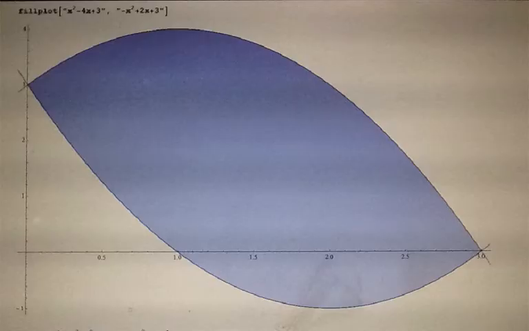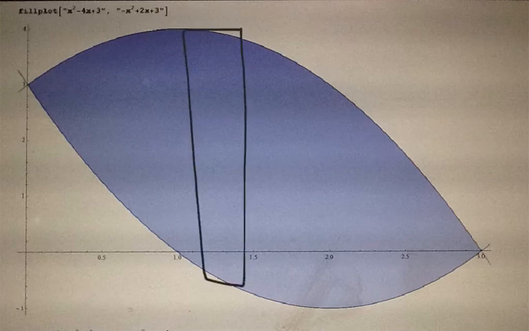Alright, so the graph looks like this. And so it should be fairly obvious that the parabola with the leading coefficient that's negative is going to be on top, just by looking at the picture, and because it's concave downward. And the parabola with a positive leading coefficient, the x squared being positive, is going to be on the bottom. So when we take a look at our representative slice like this, and our delta x, top minus bottom is